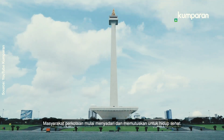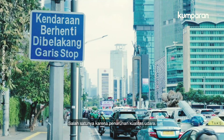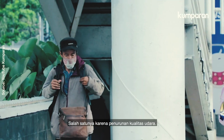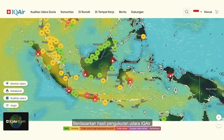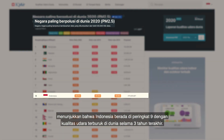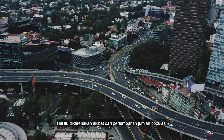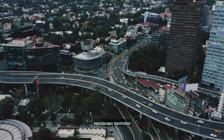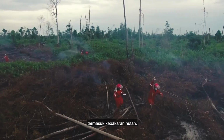Urban communities are starting to realize and decide to live healthy. One of them is because the air quality is getting worse. Based on the results of IQAir measurements, it shows that Indonesia was ranked number 9 with the world's worst air quality over the last 3 years. It's caused by the increasing growth of the population, the motorized vehicles, and the quantity of existing industries, including forest